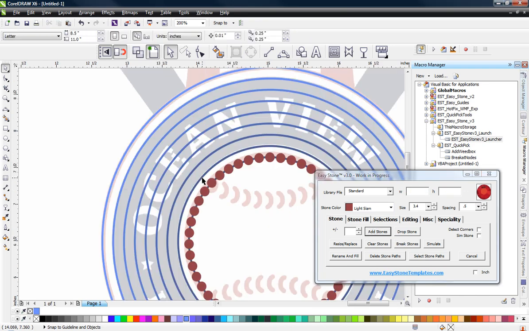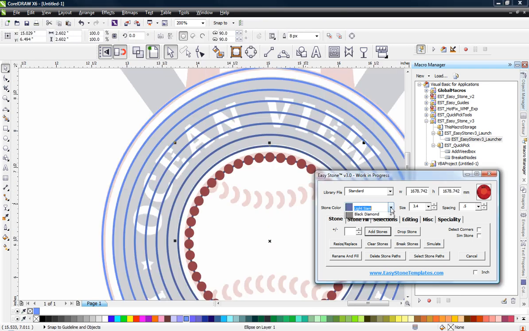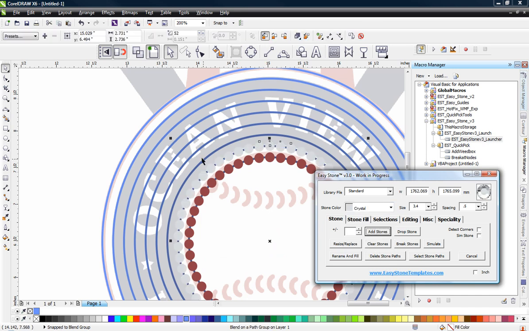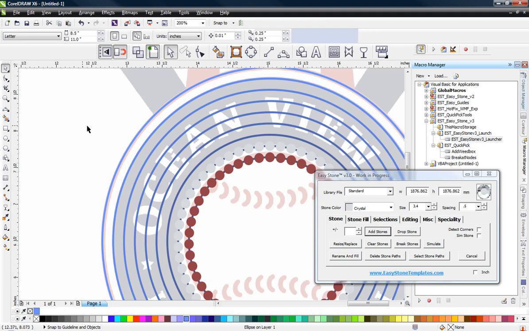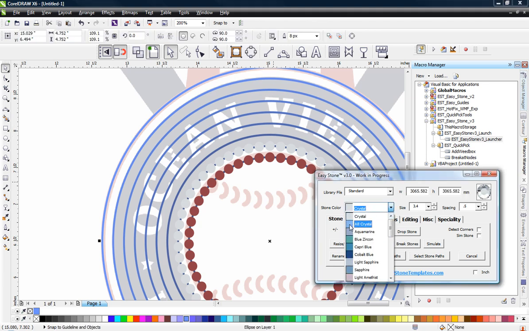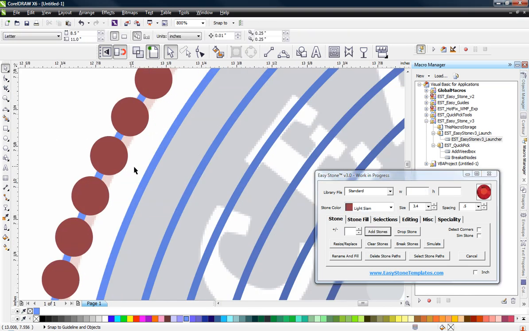Then for this next circle on the outside of that, we're going to do that in crystal. Okay, now the rest of these circles, I shouldn't say the rest, this outside circle is actually going to be done in light cyan as well. So let's go ahead and take care of that one. And this circle right here,